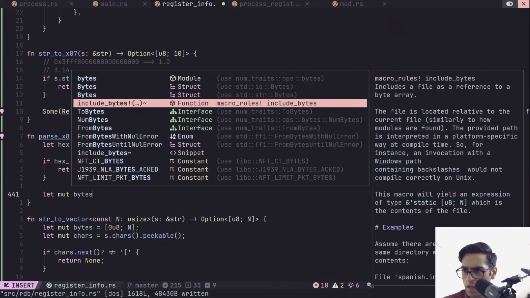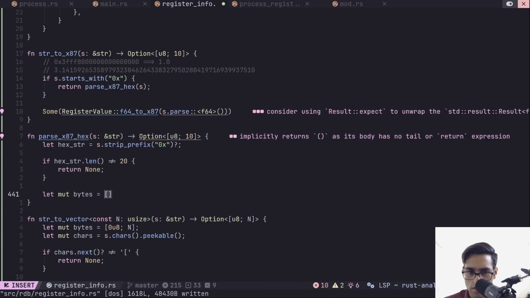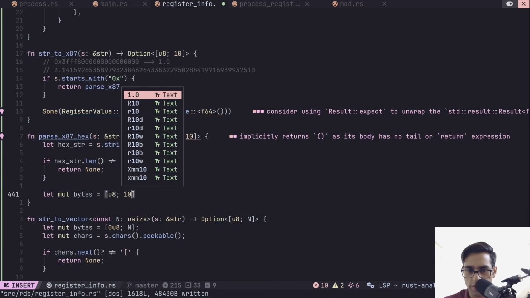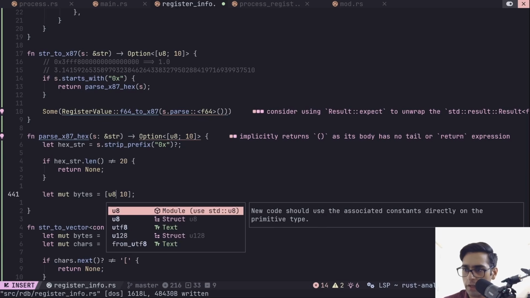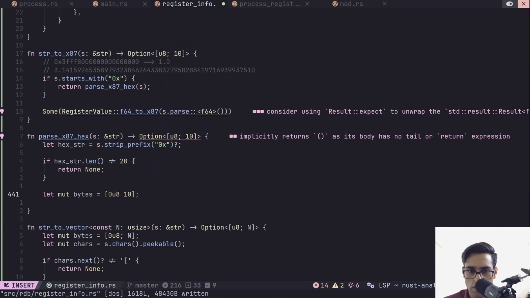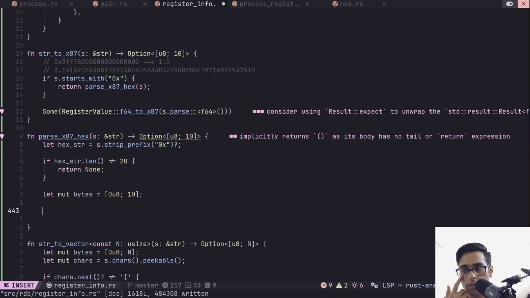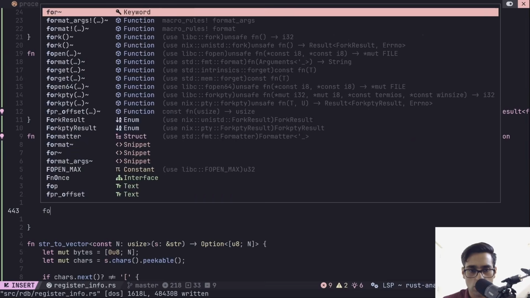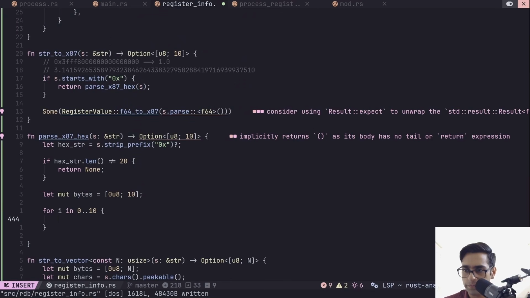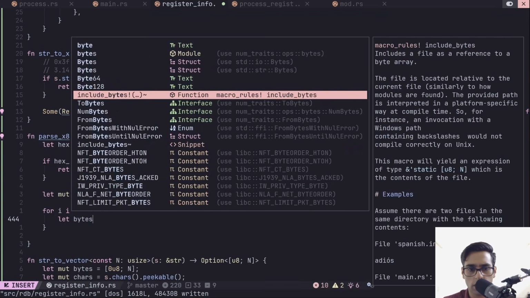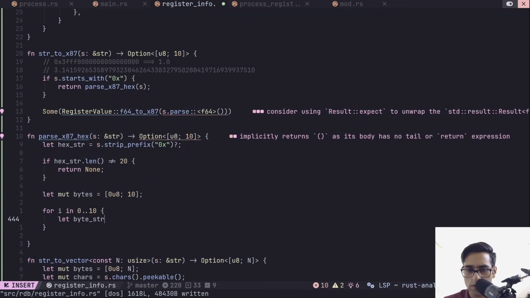But if it is 20 long, in that case what we'll do is create an array, let's call it bytes, and it's going to be u8, and it's going to be 10 in size. And so I will fill it with zeros, and it will be 10 long. So it will initialize the array and everything will be 0 in it. So for i in 0 to 10, we don't need this space here. Let byte str equal to,